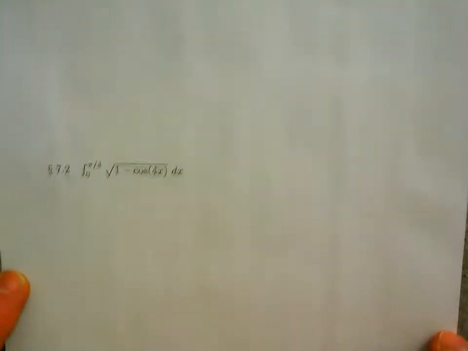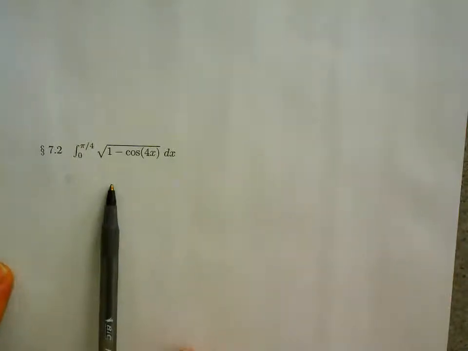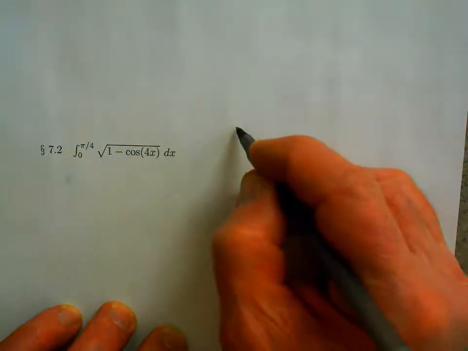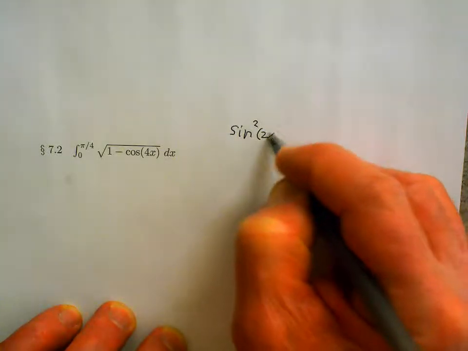The next problem, this one also works out pretty nicely if you pick an appropriate identity. So inside the square root, we have 1 minus cosine of 4x. Does 1 minus cosine of 4x remind you of anything? So what it reminds me of is if I have sine of 2x squared,